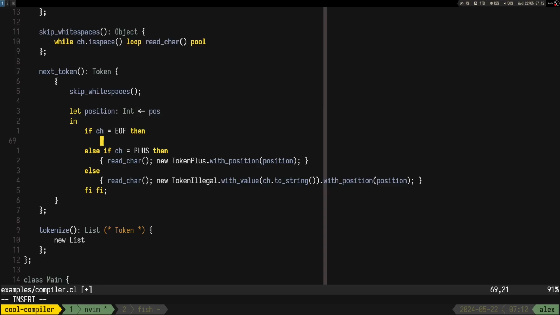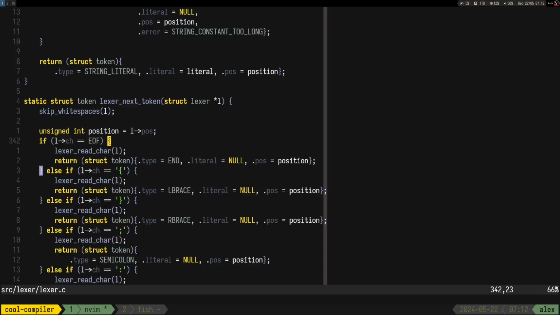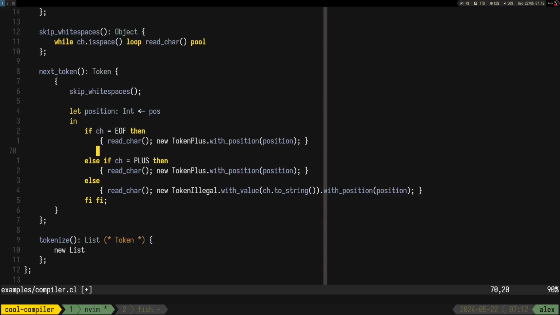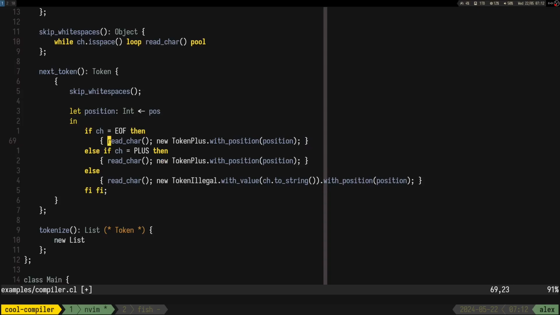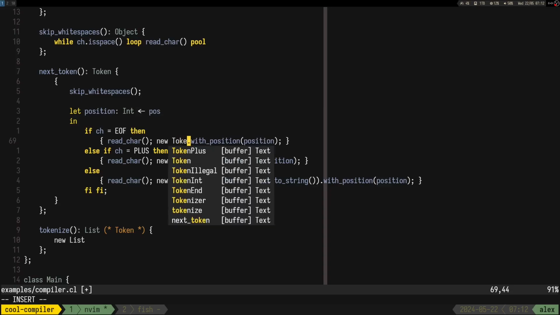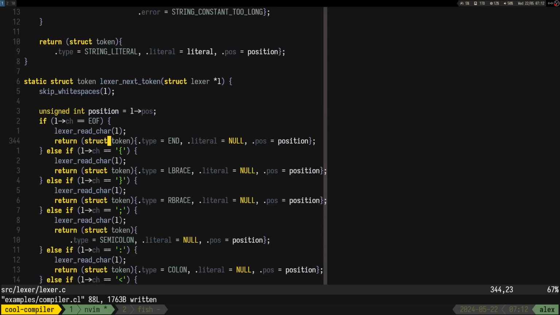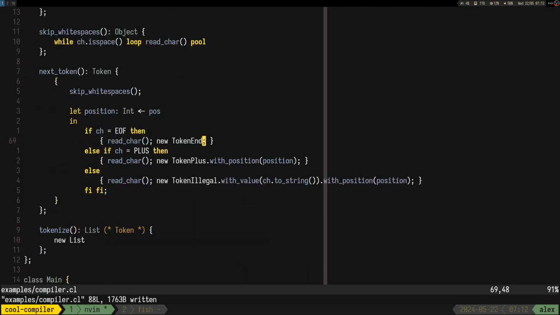So interesting, I did read char again. So read char, token end. I don't care about anything basically. Token end is just token end. Okay.